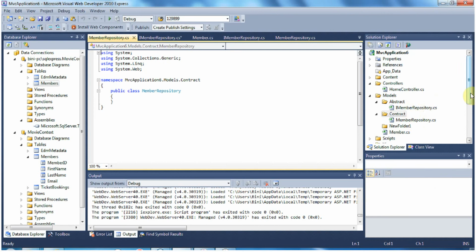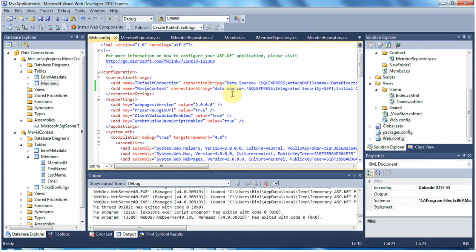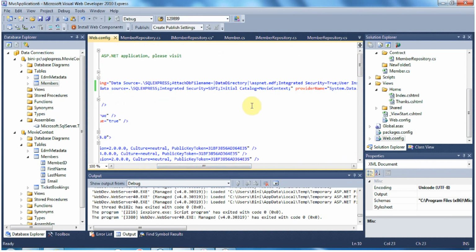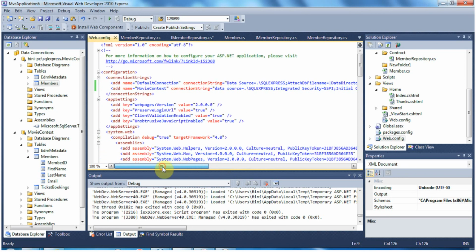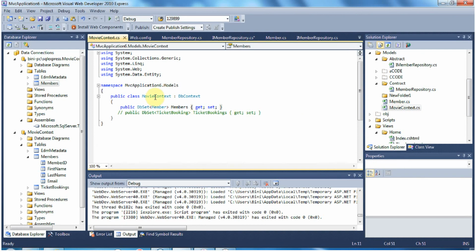For the Entity Framework, make sure you have added MovieContext. The connection string is SQL Express and you have a database named MovieContext. When you create an Entity Framework model, always make sure your MovieContext matches the Entity Framework name. I already created the Entity Framework model, so let me use the one I created already. Include this in project. Here I have MovieContext, the same name which we used in the config file, and